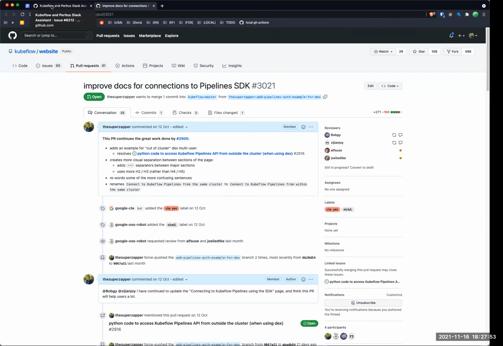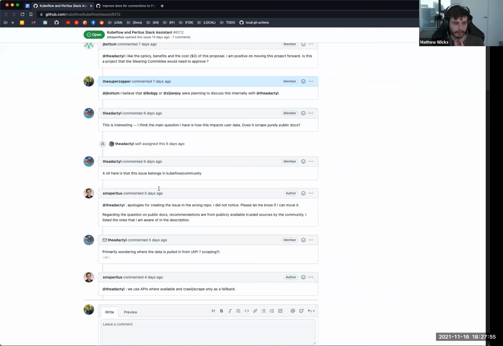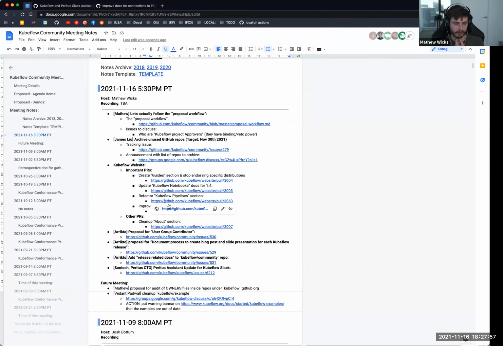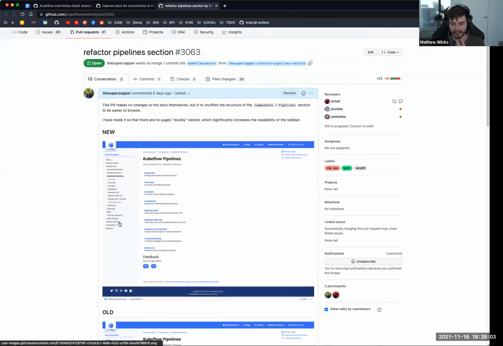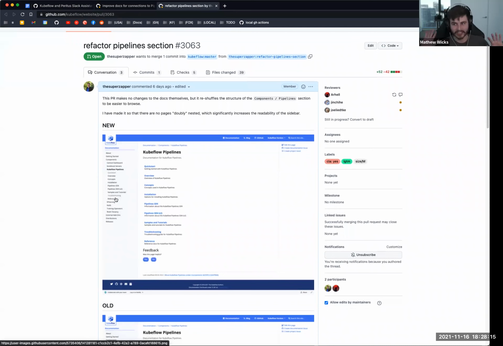So there's two different things I've done. One is just restructuring the component doc section on the sidebar. I didn't change anything about it. I just moved pages around to make it less nested, because in some cases there were 3 layers of nesting, which made it ridiculously hard to browse. So if anything was already there, it's still there.